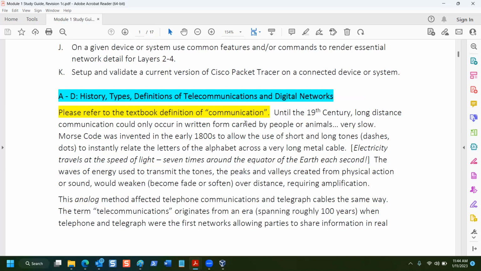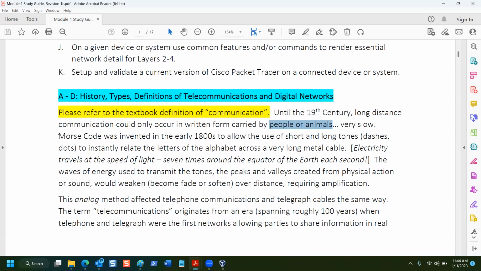Alexander Graham Bell was preceded by a gentleman by the name of Morse. What he found out, in the early 1800s, is that if you took copper wire and stretched it a distance between two towns, you could communicate very quickly. Before then, the only form of communication was the Pony Express. You would literally write something on a piece of paper and give it to a courier who rode a horse to the next town. Very slow.